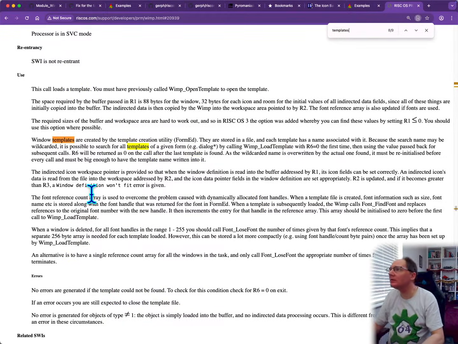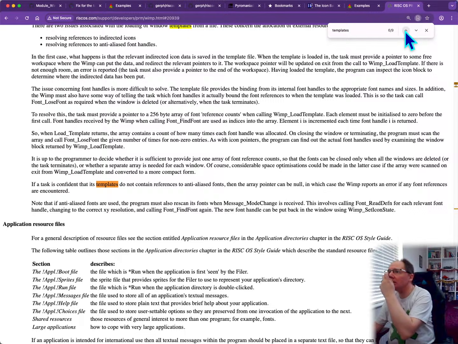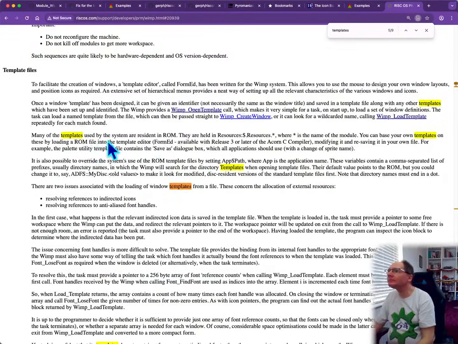Templates. Give me an identifier, not necessarily the same as the window title. So,